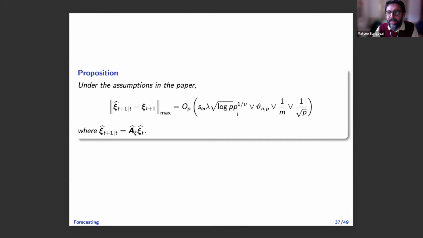Obviously, if you want to forecast the idiosyncratic component, then you need to control the error on the idiosyncratic component, which is what we didn't want to control when we estimate the networks. But just to show you why we didn't want to, that's the error you get. And you have this log P and this P to the 1 over nu that kicks in the rate when you put the max. And so this doesn't go to 0 in general. Okay, it's very difficult to do that. You first need light tails, you need the right lambda, but S_in will go to infinity, then S_in might not go to infinity. I mean, this can go to 0 under very specific circumstances, but it's less likely. And this is the reason why we don't want to do lasso on the Xi, okay? But we want to do lasso using the covariance matrices, because that error can be controlled much better.